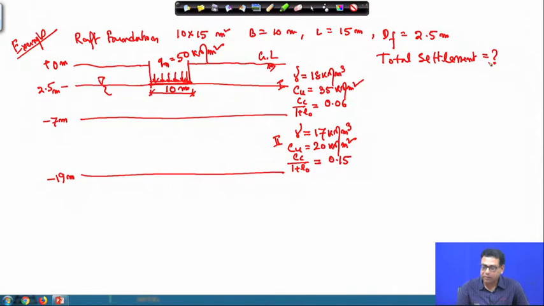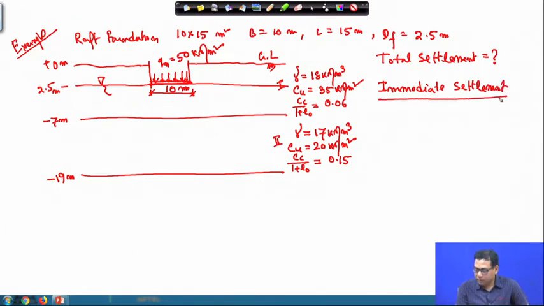Settlement of the foundation, that we have to calculate. Now, first I will calculate the immediate settlement, and second I will calculate the consolidation settlement. The first one is the immediate settlement. Okay. So, now the q net is 50 kilonewton